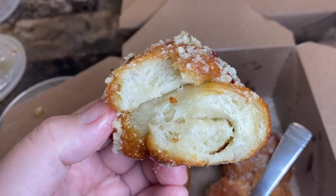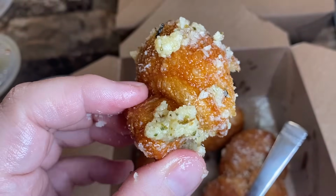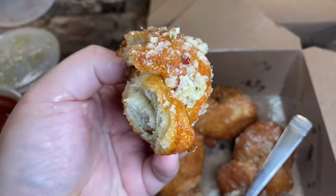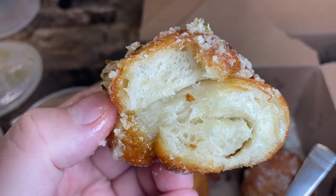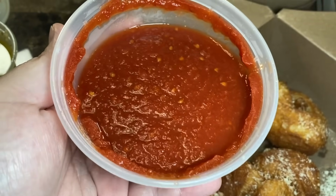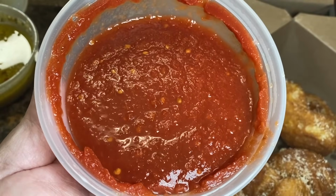I love the fried garlic knot. It is super, super crunchy. That is amazing. It's cheesy, garlicky, crunchy. 11 out of 10. This is one of my top garlic knots for sure. This is delicious. Let's get a little bite with tomato sauce. I wonder if they make this tomato sauce fresh daily, because it tastes amazing. And it tastes very simple, I would say. Simple ingredients, nothing crazy, not too much going on, but the way it's done is absolutely